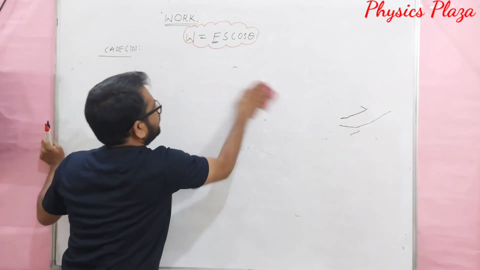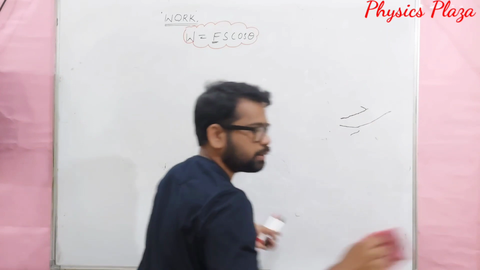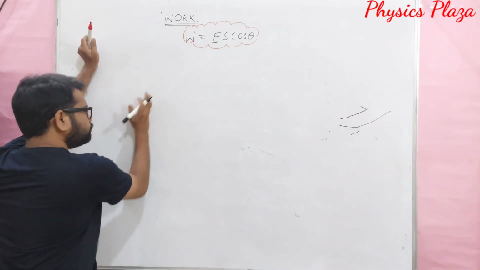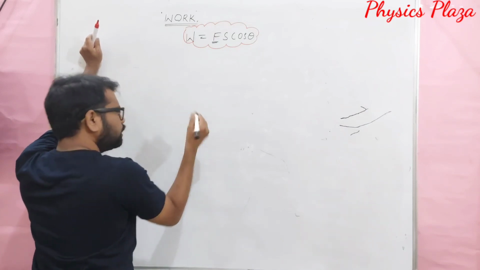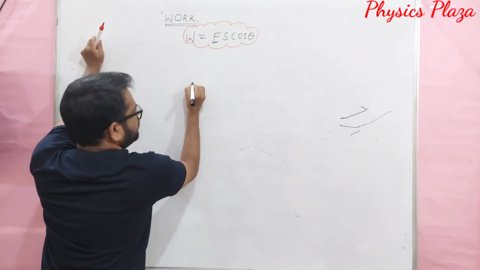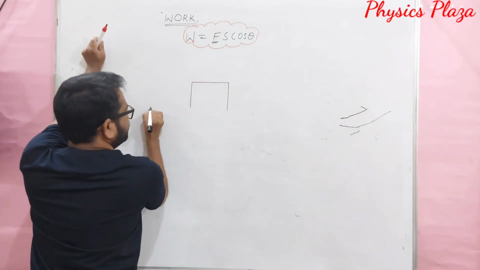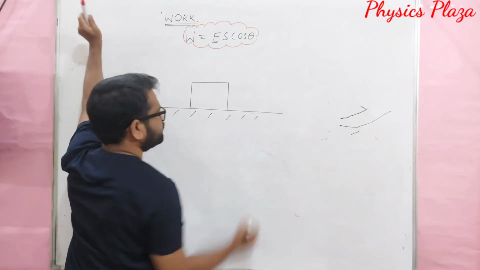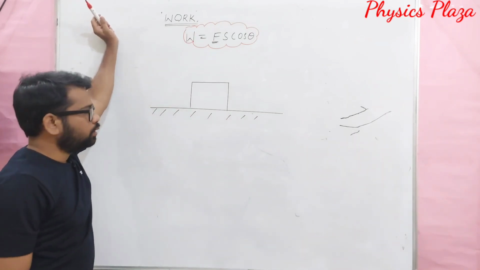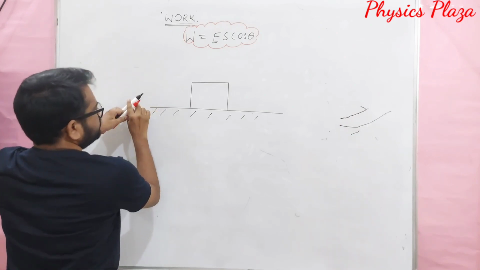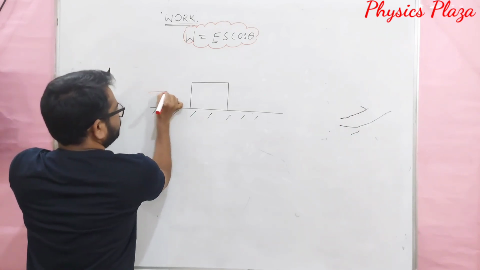Children, this positive, negative, 0, we can show in the same one example only. How? Let me give you clarity here. A very simple example we can show. For suppose, dear children, let us take one box, a nice box. Let us take some rectangular box placed on a horizontal surface. Okay, children? Fine. Now, on this body, let us say an external force F is acting.